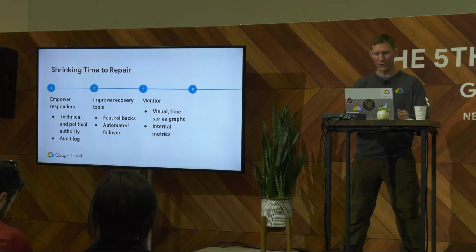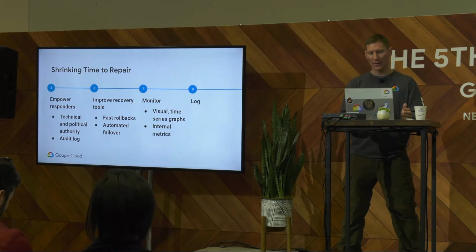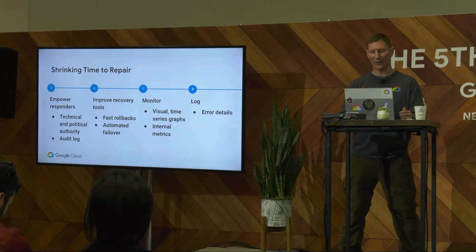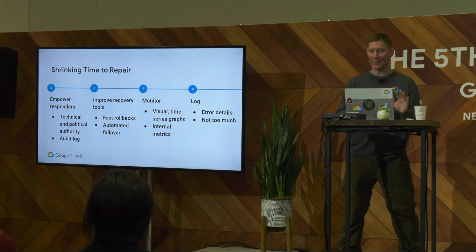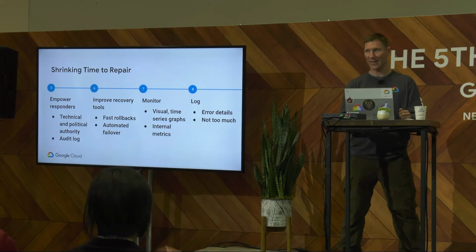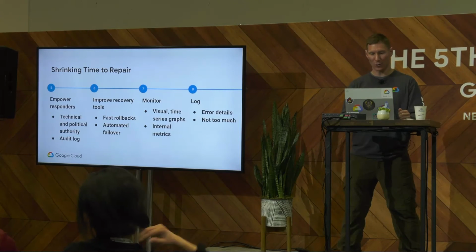And finally, you need queryable logging. Like monitoring, you need it when investigating an alert. It should tell you the error details for what's going wrong. And if you ever can't get the details this way, say so in the postmortem so the devs can go in and add the lines so that next time it won't be so bad. You have to make sure that you don't have too much logging, though. Every line that you log has a cost, and you don't want to overload whatever system you're using on the back end for logs management. That can get very expensive, too. So try not to go overboard with your logging.